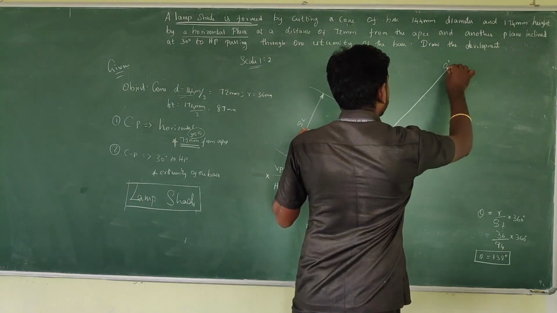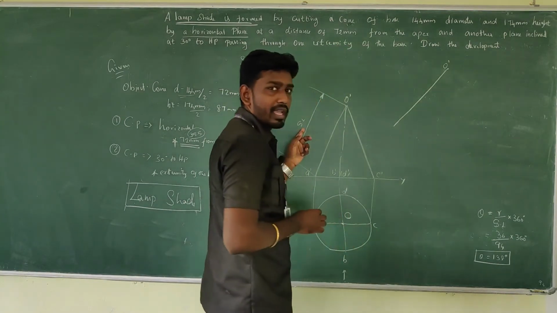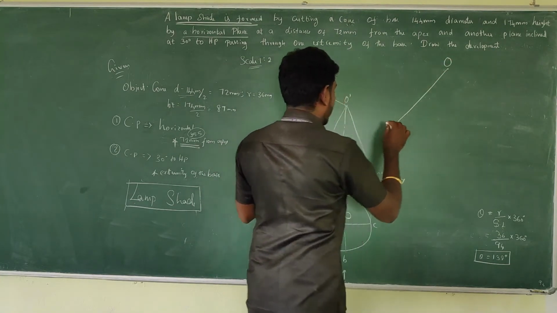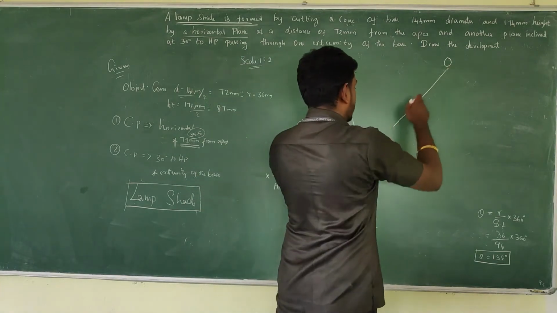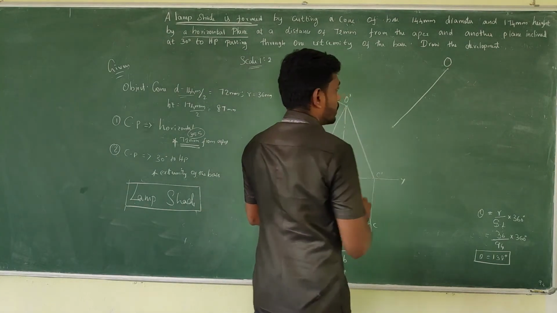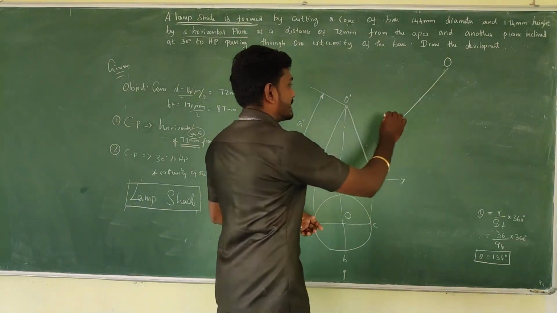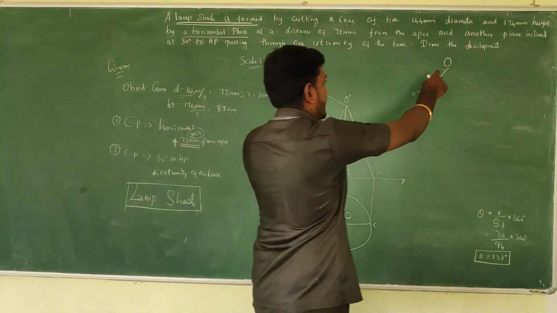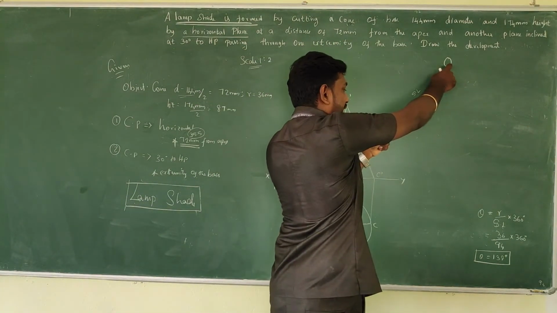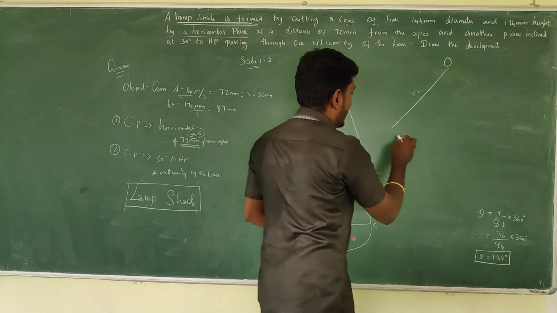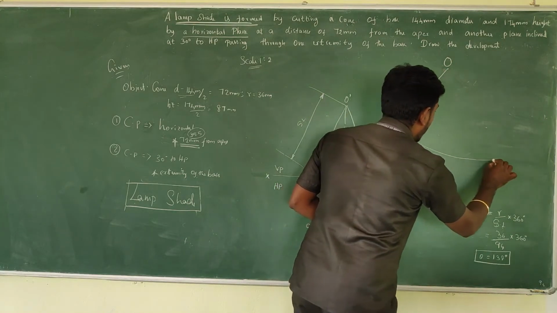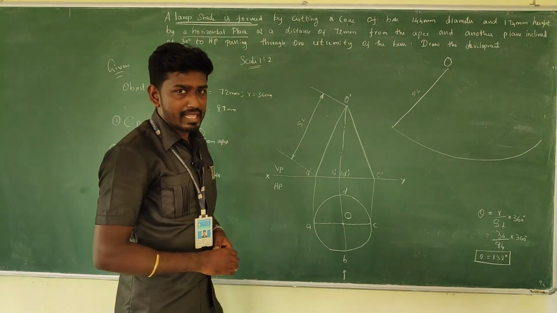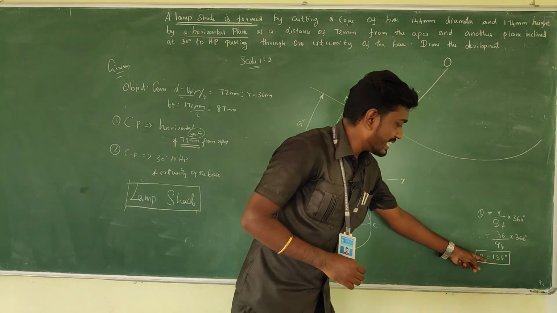So I'm going to take this as O. It's a capital O, not an O dash. It's a capital O, and then take the measurement of SL and just have a cut here, mark it. So this is with the length SL. And afterwards, by keeping it O, just take the entire length measurement and just have an arc. Something like this.